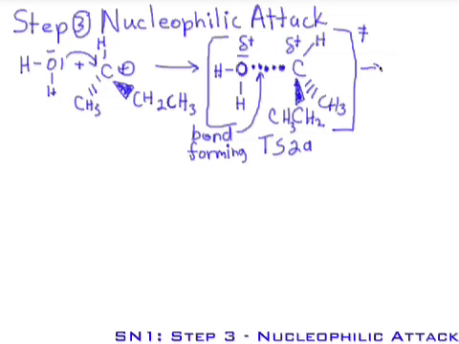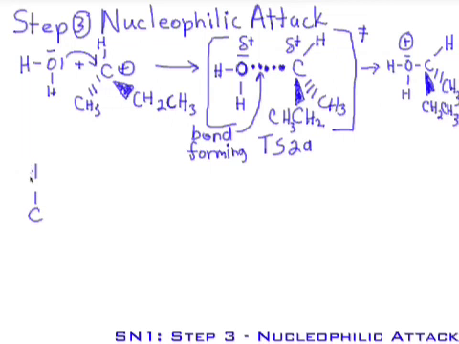So when this is done, I end up with, I hope I have room, I'll try to squeeze it in. Full positive charge on oxygen. C bond to hydrogen. Bond to CH3. And a bond to a CH2. CH. There we go. But because of the shape of the carbocation, it is equally possible